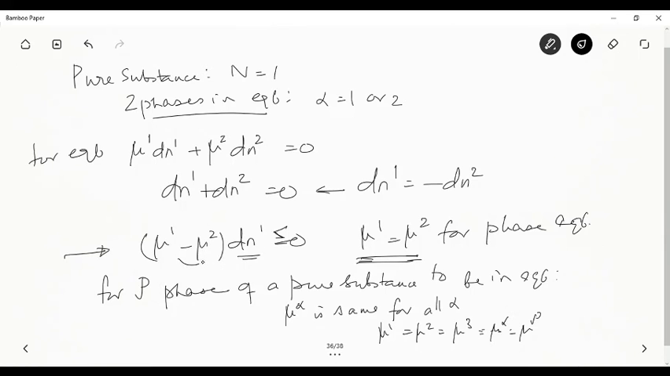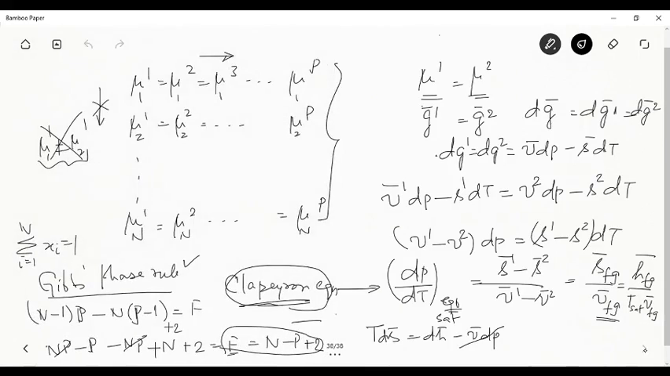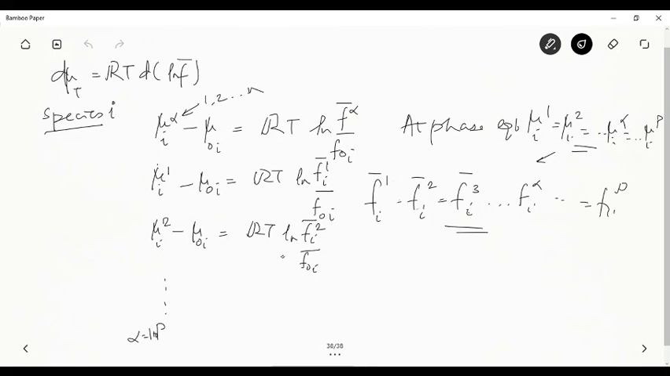So this result, we can take it to the current page and then just take a look at that. For a spontaneous process,